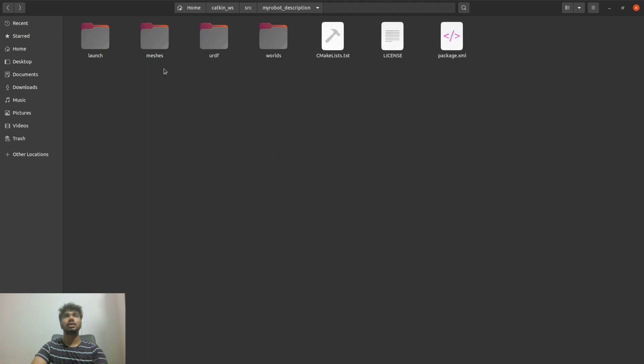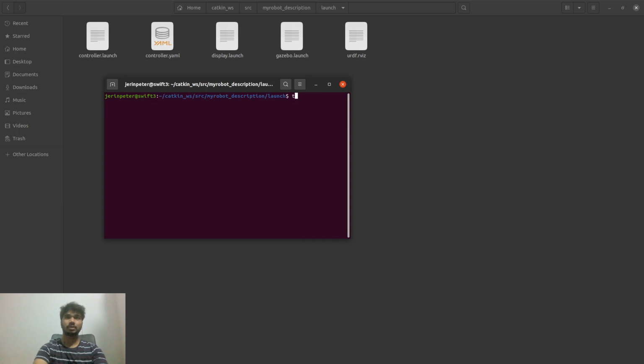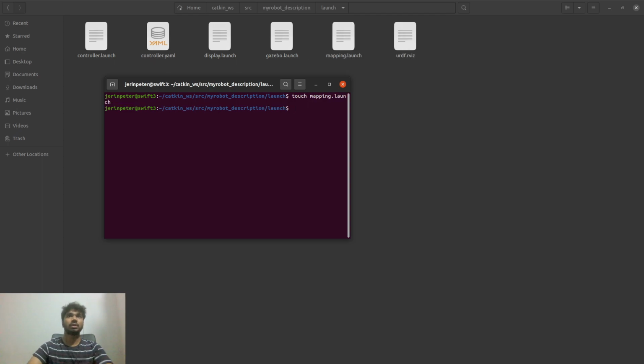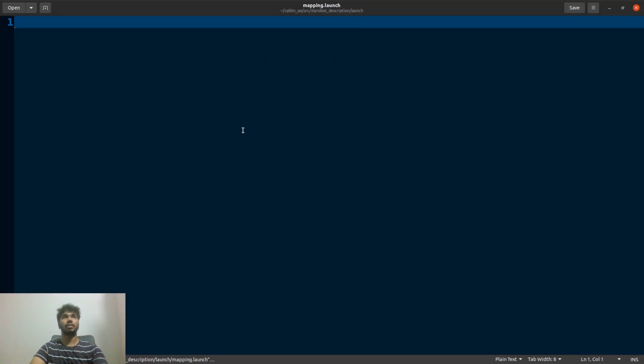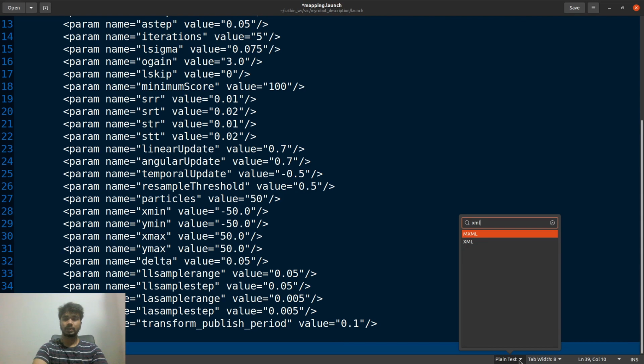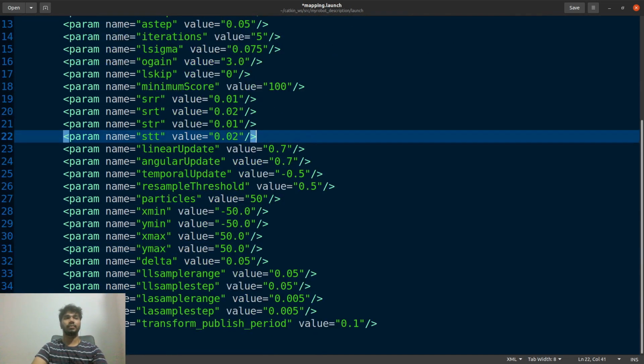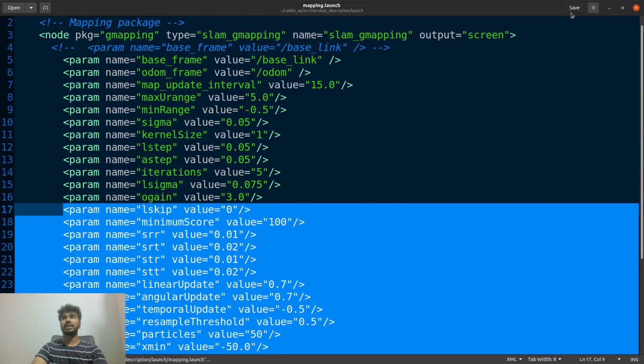I needed to open a terminal there. Yes. Touch mapping.launch. So this mapping.launch is here. I'll open this and I'll copy paste the entire thing. Let's make it XML. And yes, we have everything here. We'll save this.